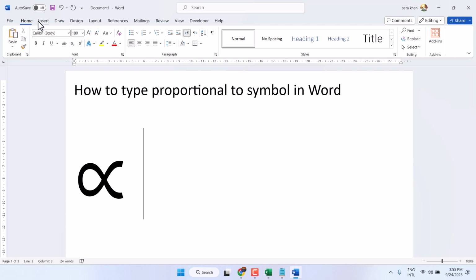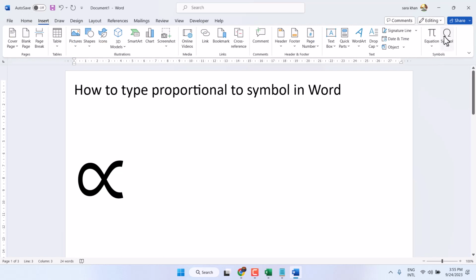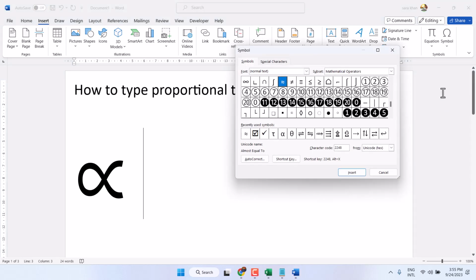Second one, insert symbol, more symbols, and here font select normal text and subset select mathematical operators. Once you click on this drop down, so you will find this one. And here you need to find out this